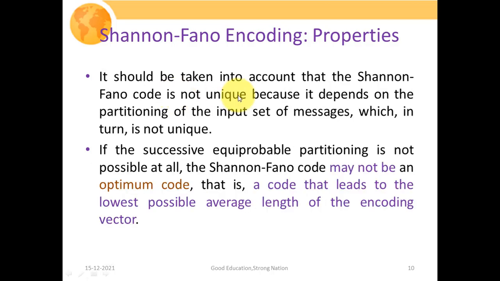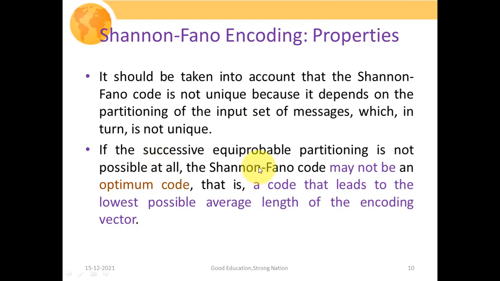It should be taken into account that the Shannon-Fano code is not unique because it depends on the partitioning of the input set of messages, which in turn is not unique. We have also seen in that example that for one subset we assign the value 0 and for another subset we assign 1. So if we just reverse the order, we will obtain different codes.